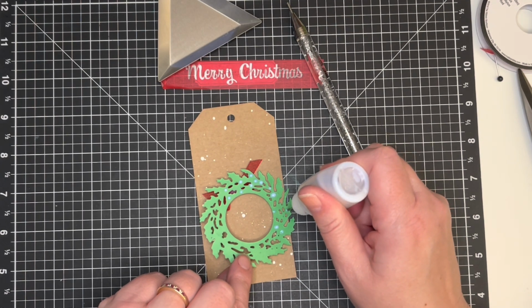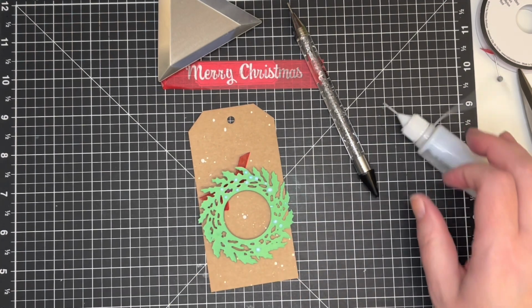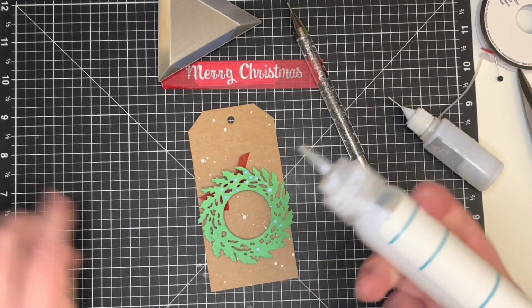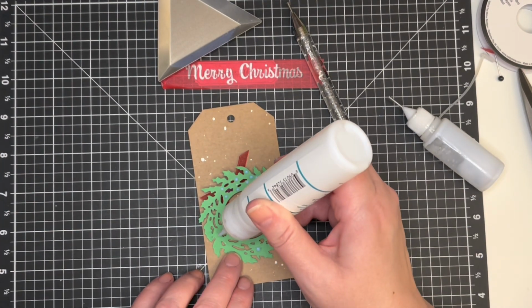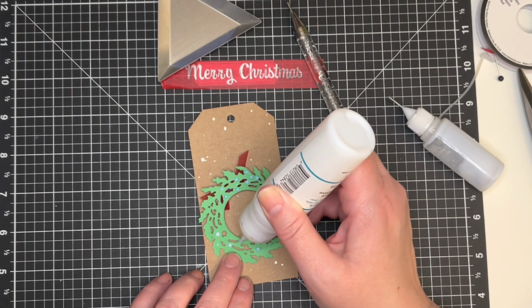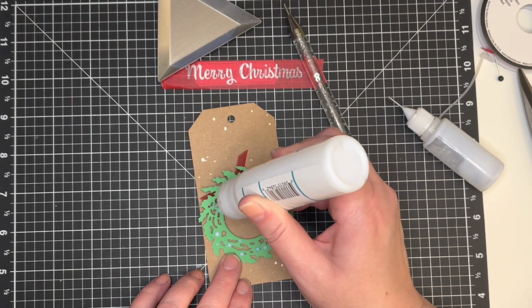Man, I may run out of glue here, so let me grab some. I forgot to refill my bottle, but I'll be careful with this. So again, just put little dabs of glue. You can see this is a little bit more challenging with the bigger tip, but little dabs of glue